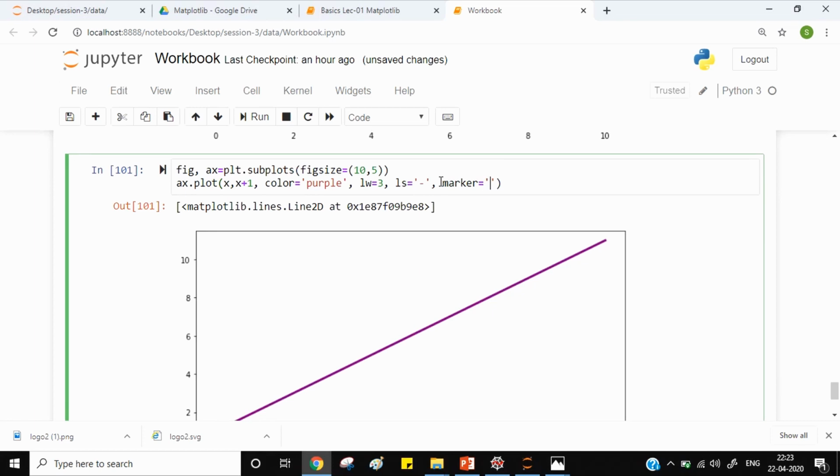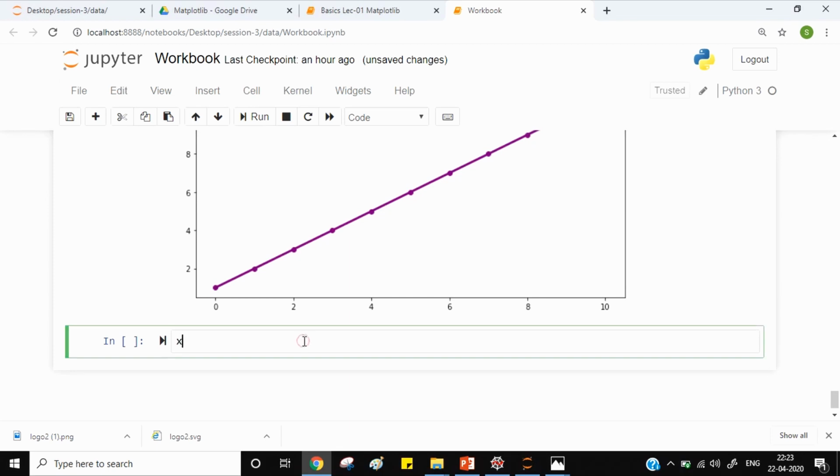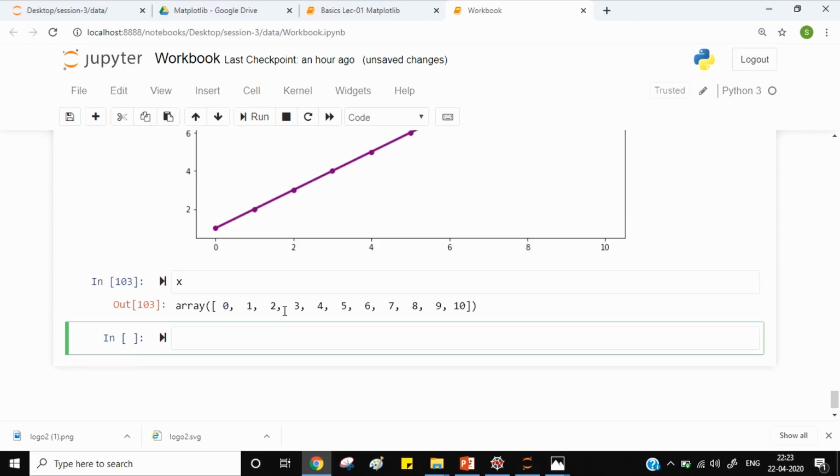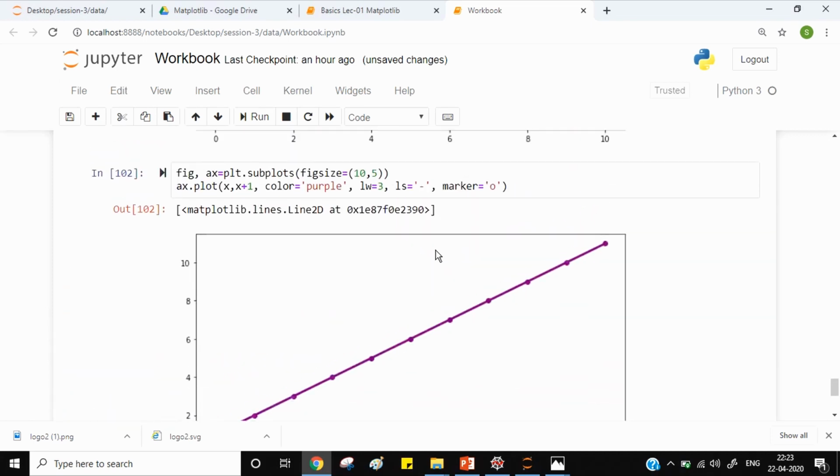See, these are the points which are plotted: 0, 1, 2, 3. You can see the value of x, 0, 1, 2, 3. These are the points which are plotted on the graph. So to mark those points, use marker.